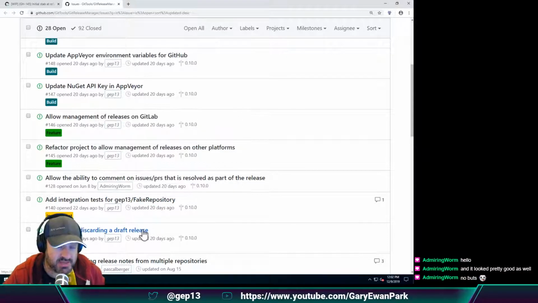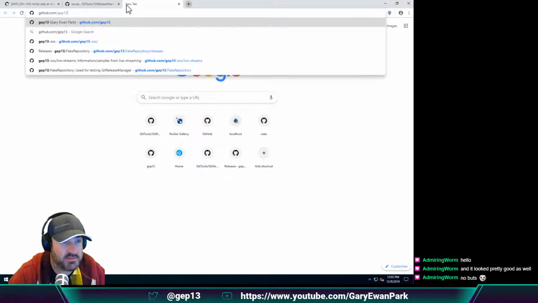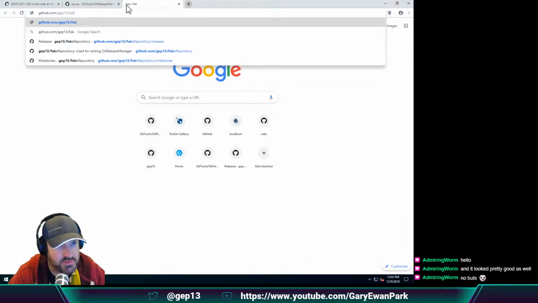In order for that thing to happen, which is to add integration tests, we need to do this one, which is to add support for discarding a draft. So if we go over here, and have a look at /fake repository